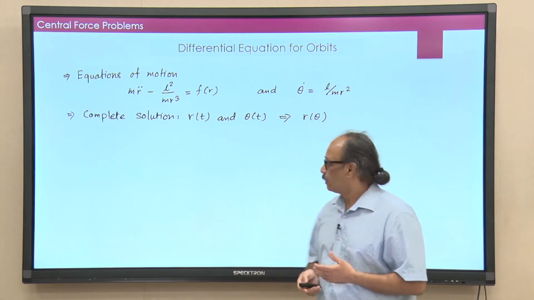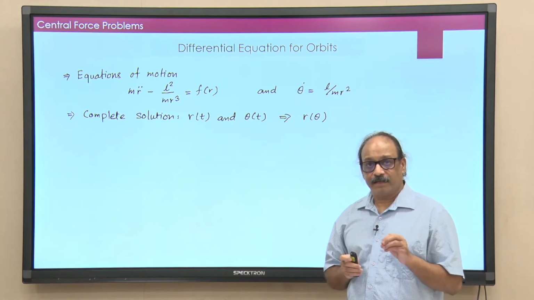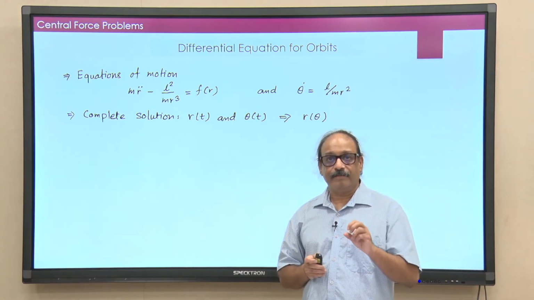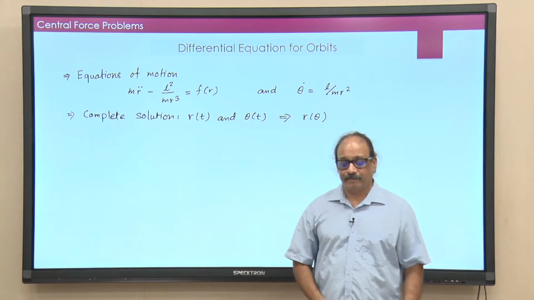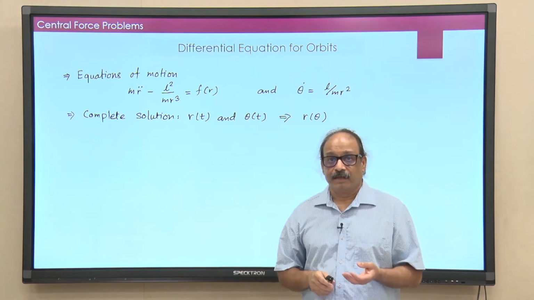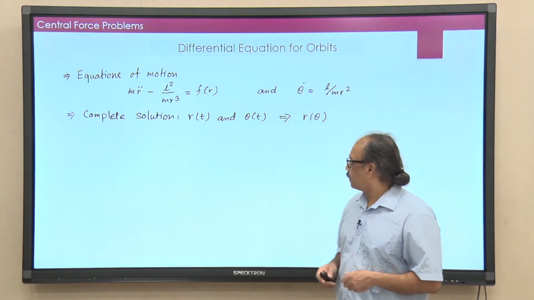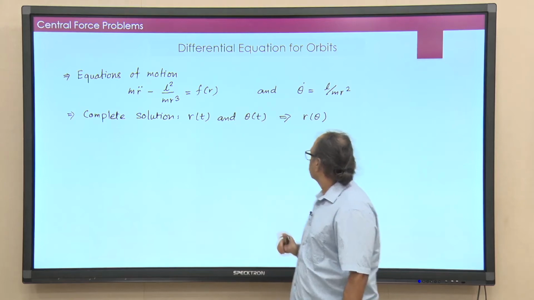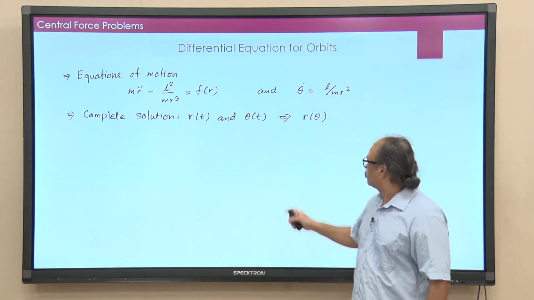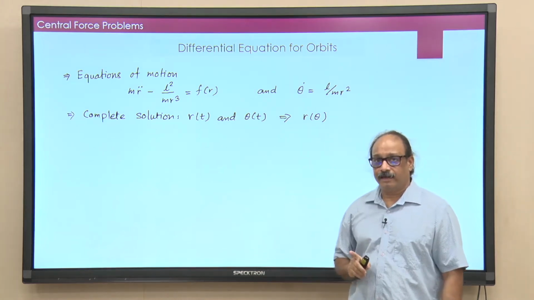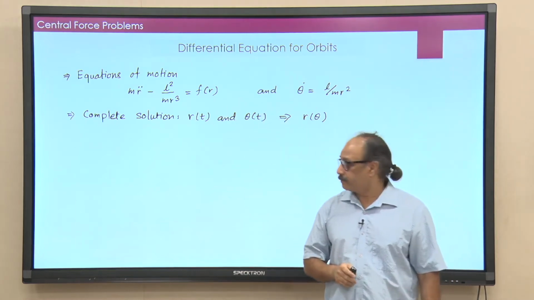It turns out that for central force problems, it is in fact a lot easier to get the orbit equation directly rather than trying to find the complete solution. We probably many times may not be interested in the complete solution. Several orbit parameters, including the period of the orbit, probably can be derived without actually getting these two functions. So, the aim in this section of today's topic is to try and find this r of theta directly without having to solve the equations of motion. That is the idea.